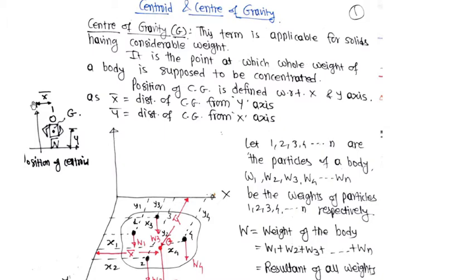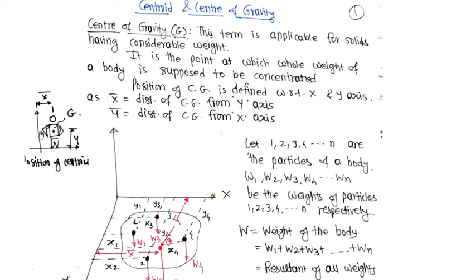Okay. Now, here for understanding we will consider one figure. This is first quadrant, this is x axis and this is y axis. And a person is standing in the first quadrant. Now, this is say point G, that is center of gravity. Through this point whole weight of that person is acting, and obviously it will be acting in downward direction. Now, if I ask you to define position of this point, then you have to define the coordinates x bar and y bar.